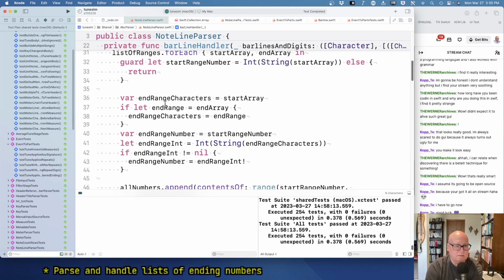I don't know if I have to do this. I don't think this is accomplishing anything. End array can be empty. It's optional, so it could be missing. If it is,